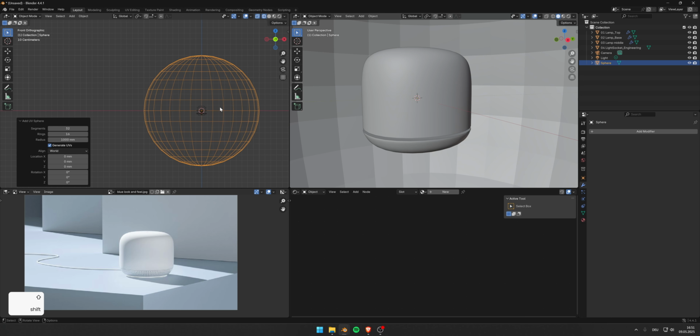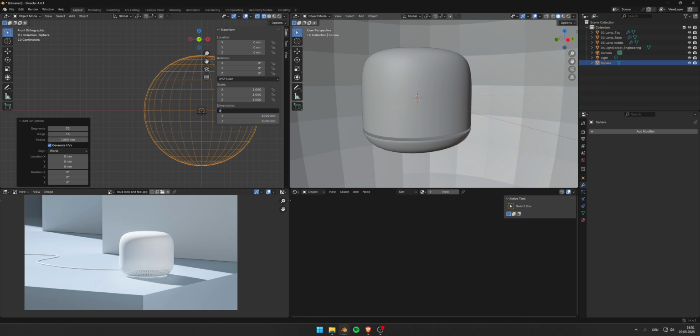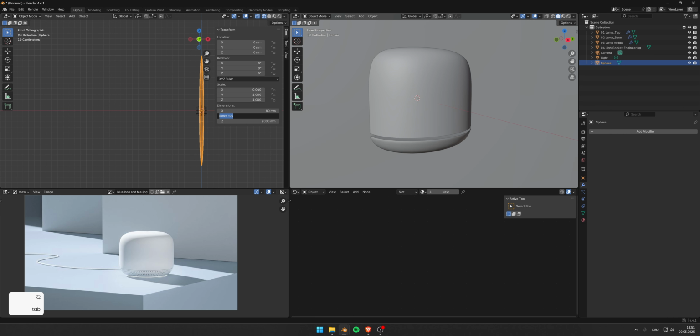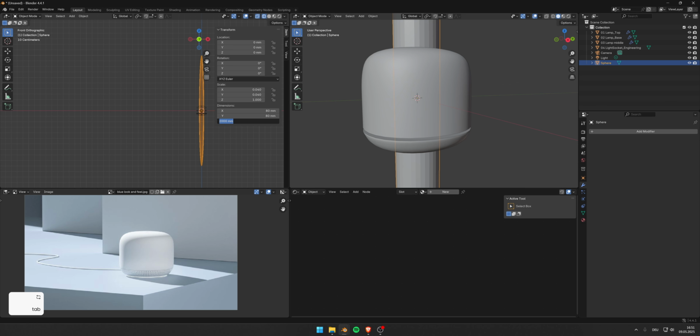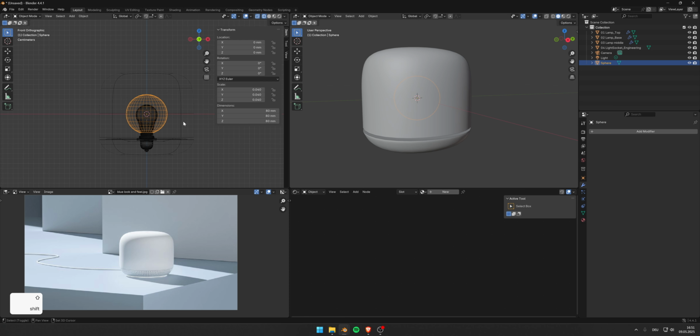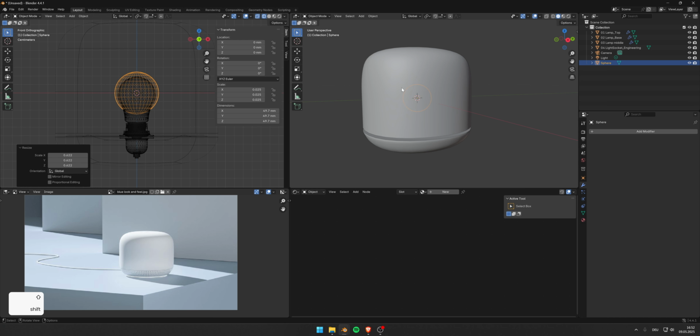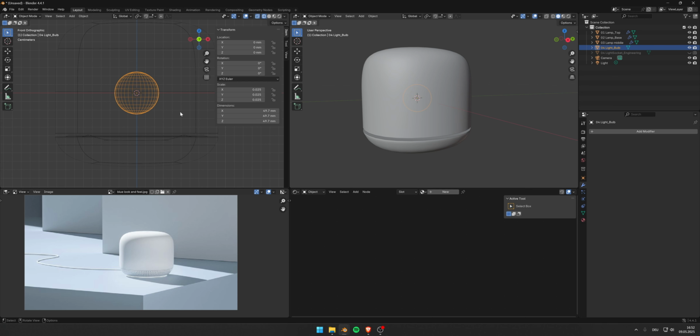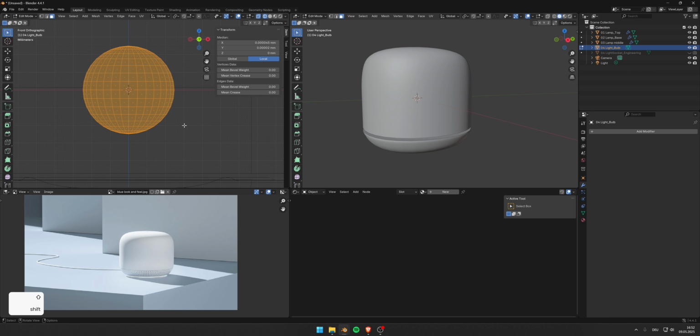So I'm gonna need an emitter. That's why I just added a simple UV sphere to the scene. And let's scale it. We don't need to be that precise, so I go roughly and scale it down manually. And now I'm going to turn this sphere into a stylized light bulb. Let's rename it to 04 light bulb. Good. Let's hide the engineering package and delete the